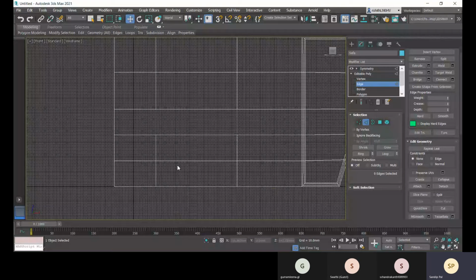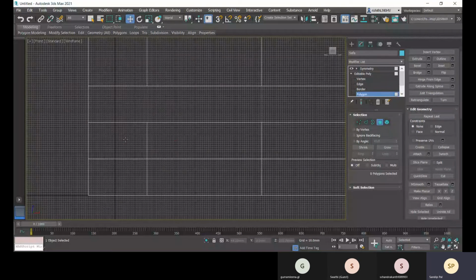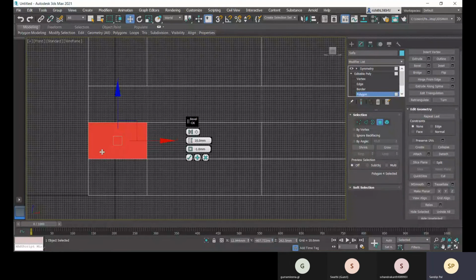So let's apply. Go to polygon, select it, and I will go with this bevel option. Okay, I'll go with the bevel. All right, and here let me check what will be the value. Okay, so let's go with minus 15 here. This is for the bevel height or extrusion, and this is for the bevel outline.